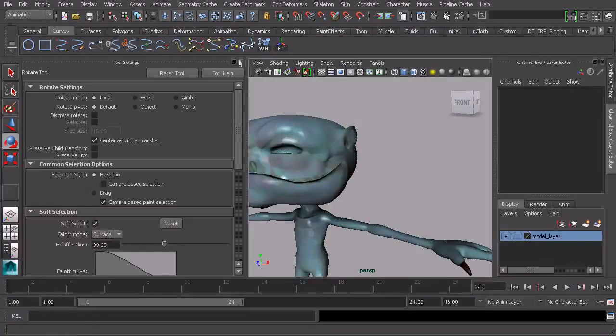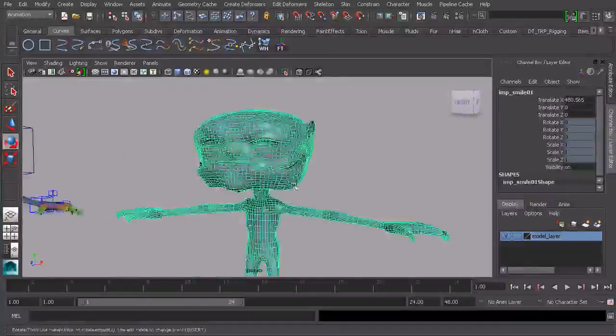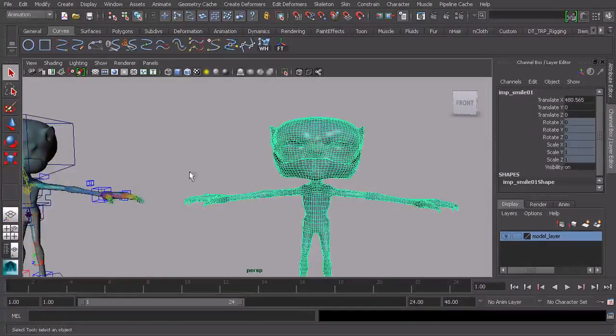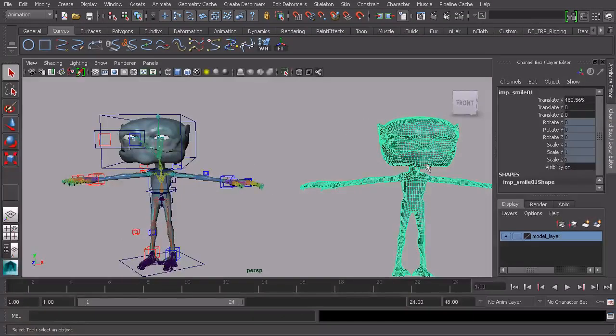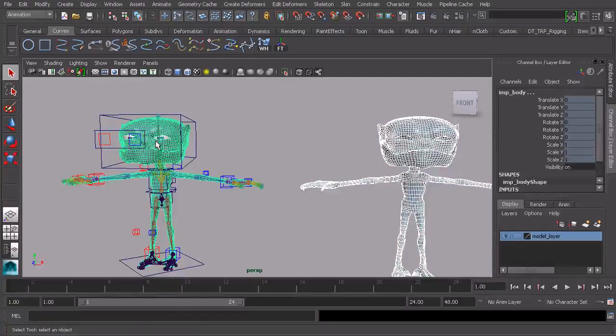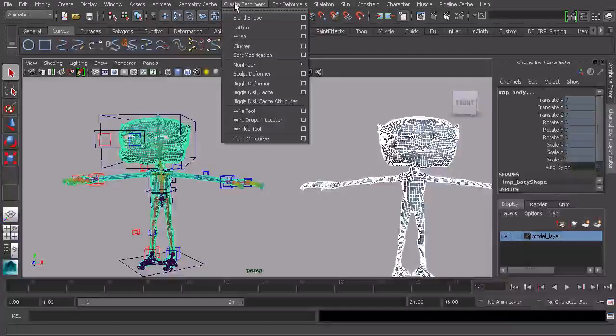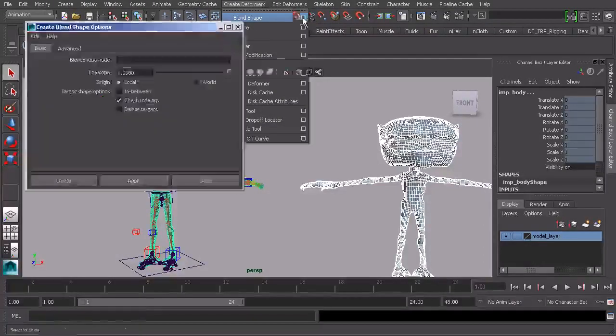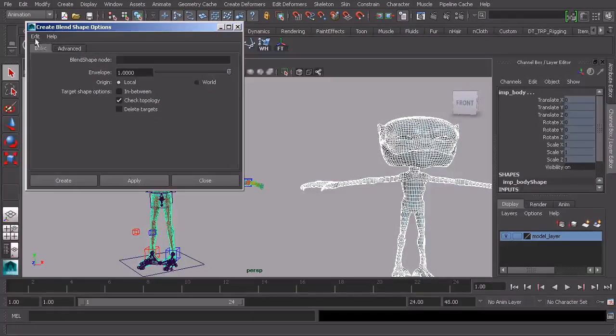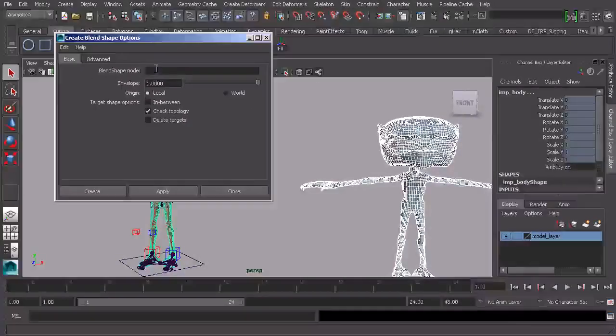Alright, great. So at this point we're ready to go ahead and apply this as a blend shape. Let's go ahead and select our target mesh. We then would select the base mesh. And now we're ready to choose Create Deformers, Blend Shape. We'll go ahead and make sure our settings are reset. And what we'll do is create a name for our blend shape node. Otherwise, Maya is going to use a generic name, so we always want to stay organized. We can go ahead and abbreviate blend shape. We'll call it